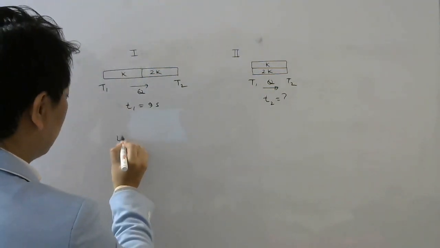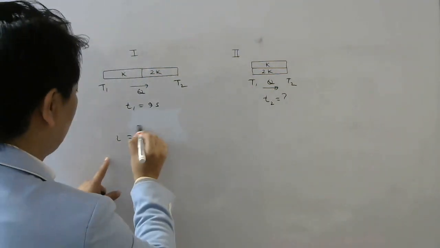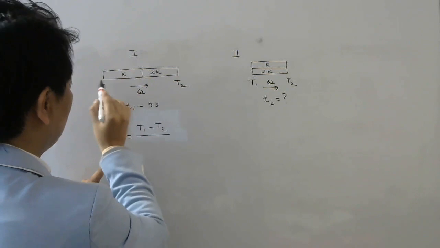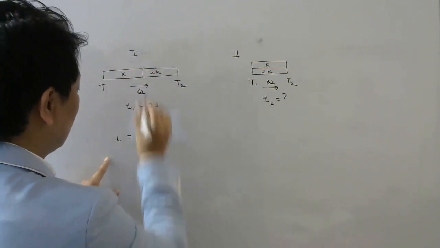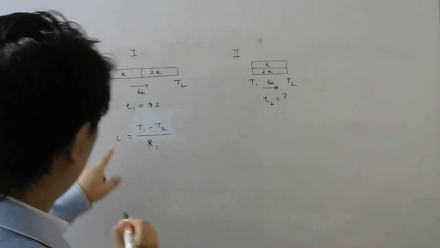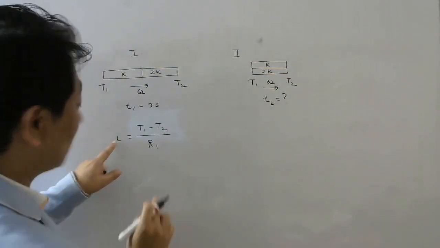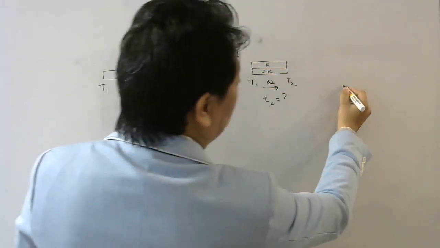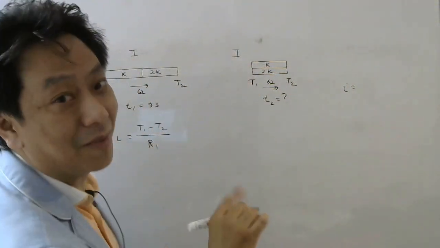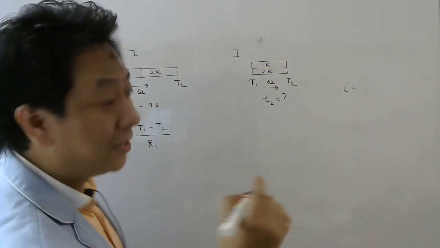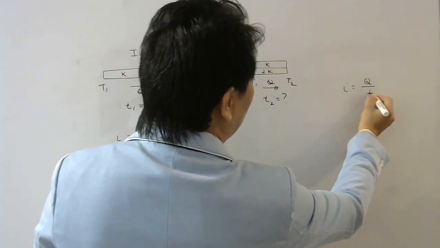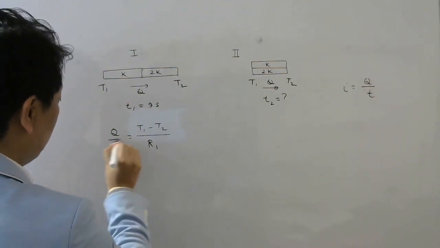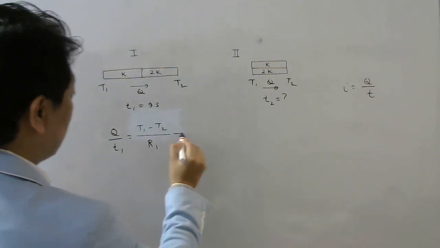Now, let us use the formula for heat current. Heat current is the temperature difference between the two ends divided by total resistance between these two ends, right? So total resistance, let us write R1. Now because I want time this time, let us write heat current in terms of heat divided by time. I hope all of you remember heat current is not charge by time. Charge by time is called electric current. Heat current is heat flow divided by time taken. So I can write this current in this case as heat flow divided by t1. So this is my equation 1.